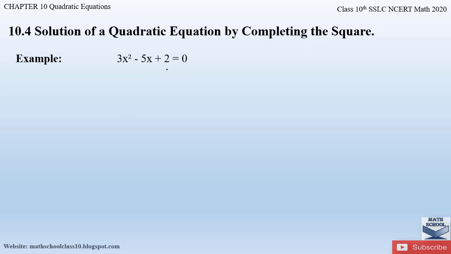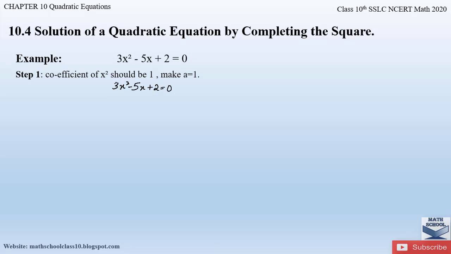So I'm going to teach you this method step by step. It is much easier if you follow the steps. There are 3 steps in this method. Listen carefully and try to understand what I'm trying to teach here. So the first step in this method is the coefficient of x square should be equal to 1. That is, we have to make the a value in this quadratic equation equal to 1. So the given quadratic equation is 3x square minus 5x plus 2 is equal to 0.